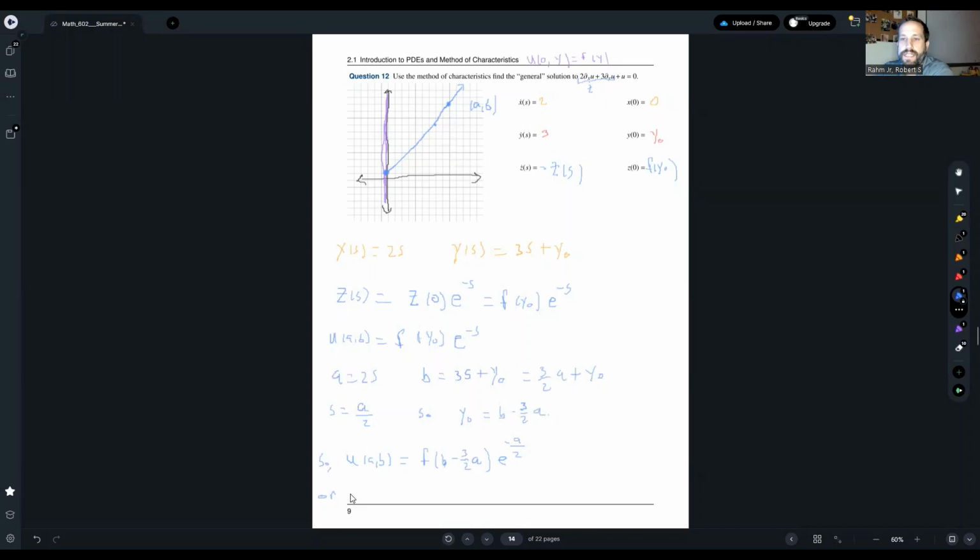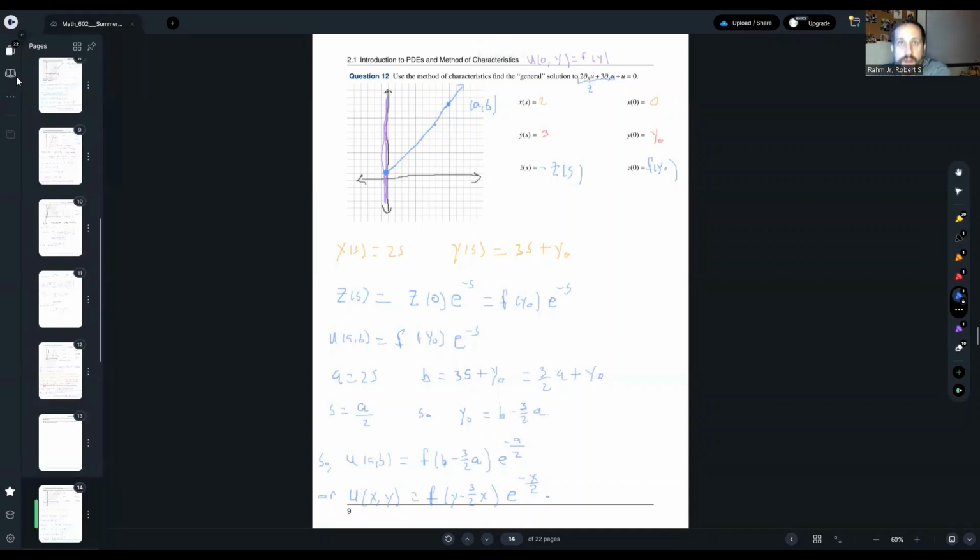So if I want to switch back to x and y, which is how we really think about the points in the xy plane, u of x, y is equal to f of y minus 3/2 x times e to the minus x over 2. So that's my solution. Since this was a little more complicated, I want to actually show that this